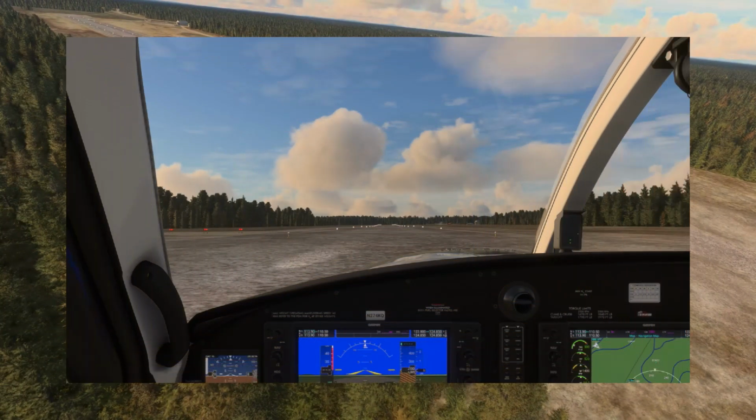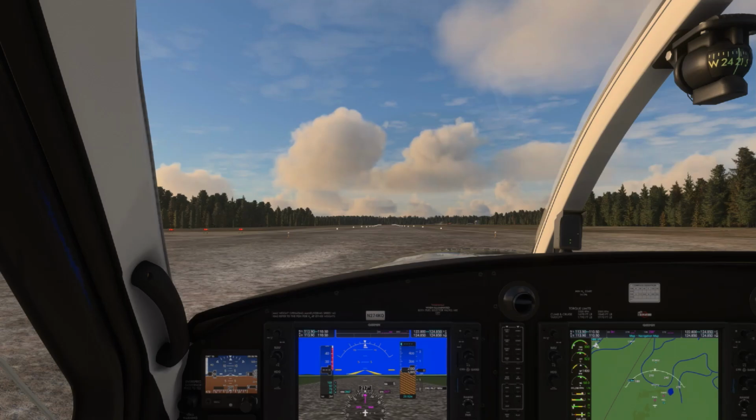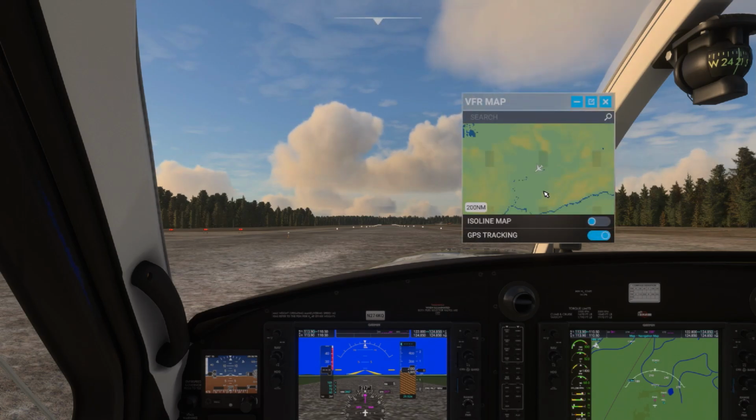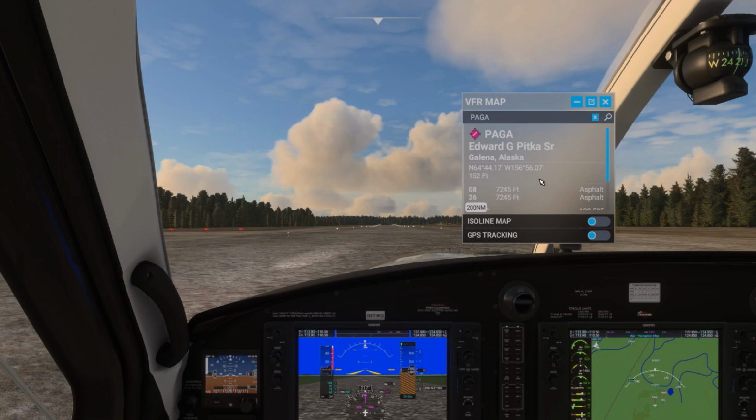Alright, well, we're going to be in the Kodiak for this short little flight. And I did look it up. There are 2 other airports within close proximity to this particular one, and they are, we'll just bring up our map here, PAGA, that would be Edward G. Pitka,